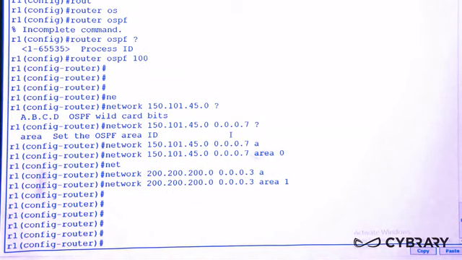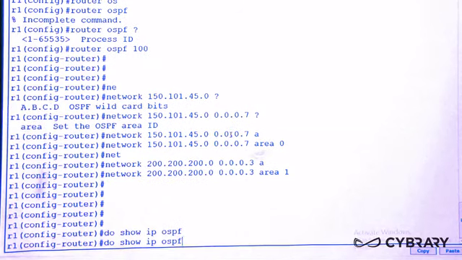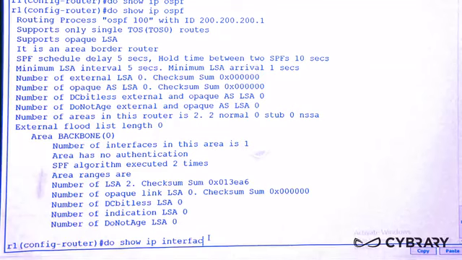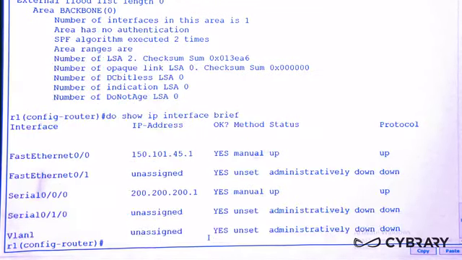Now let's execute a show command and see what OSPF has done so far. We do the command do show ip ospf and hit enter, and you see that OSPF went ahead and picked a router ID for itself, and the router ID was picked as the 200.200.200.1 address. Now, if I look at router 1's show ip interface brief, do show ip interface brief, I will see that on FastEthernet 0/0, I had the address